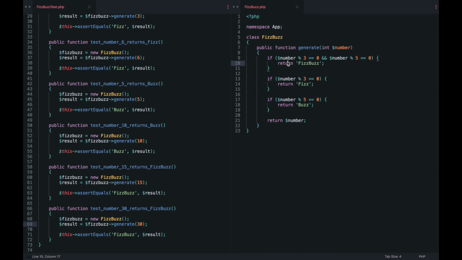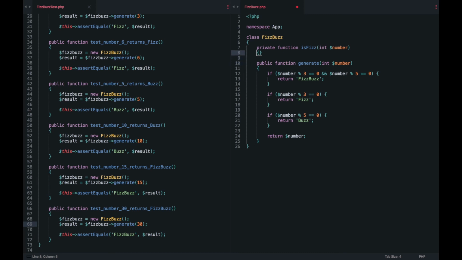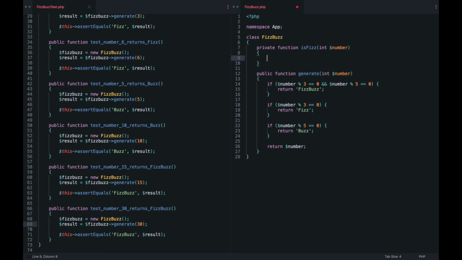Okay, so now we have the opportunity to refactor, and now I see an opportunity here. So we have this duplicated as well as this. So I think we can extract this to be in a function. So let's say I'm gonna have a private function isFish, int number. Okay, so we're in refactor, so we need to keep the same behavior but making the code look nicer. And we are gonna say, okay, so return this. Good.